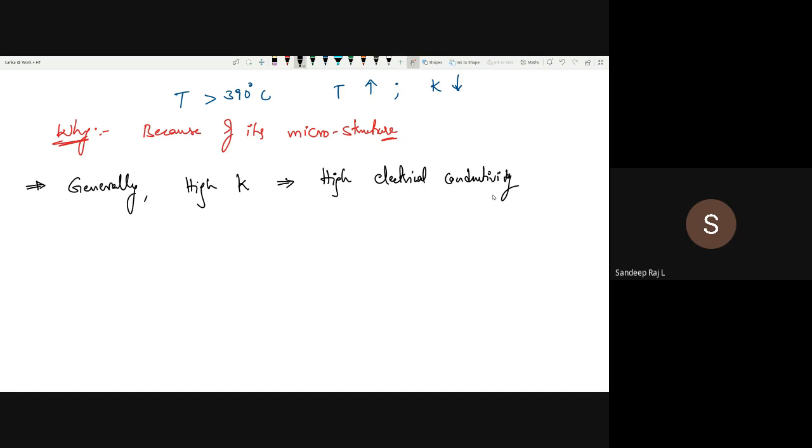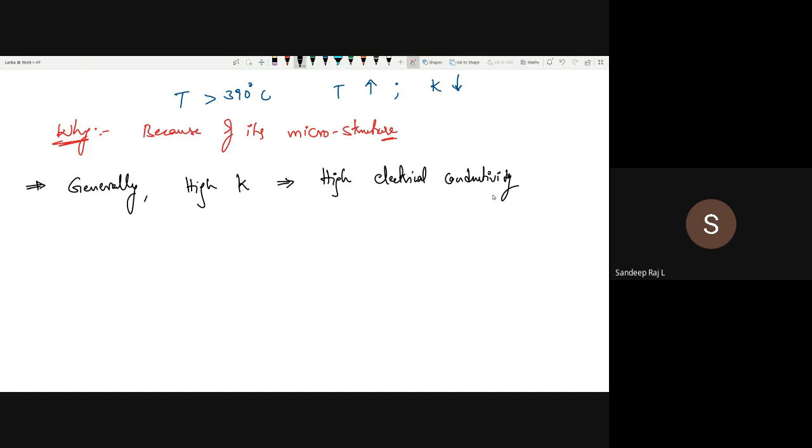Because copper has very good ability to transfer heat, and also, most importantly, it has very good electrical conductivity. That is the reason why you use it as a wire for transferring the electrons or the current from one place to the other place. So in most cases, if the K is high, the electrical conductivity will also be high,